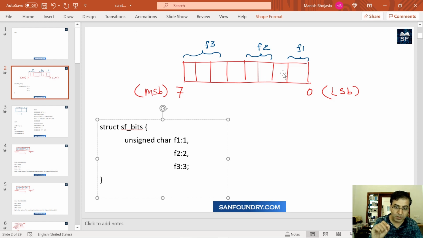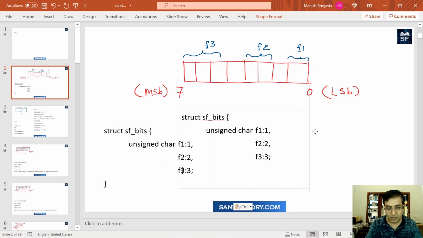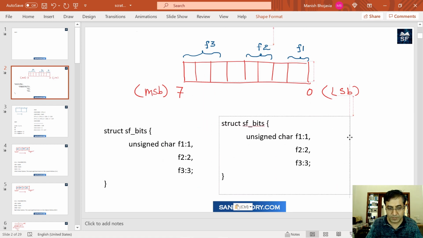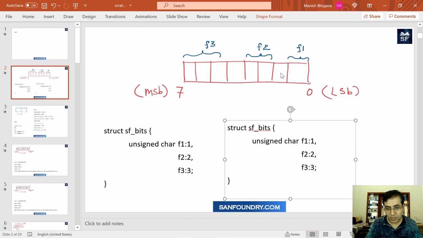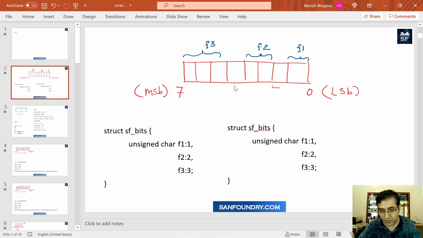So if there are holes or reserved areas or unused areas in your bit representation for that entire 1 byte, then we also have to accommodate for it. So what we should do to solve this problem is, let's take it on the right hand side. We should accommodate for these areas, even though we have done things very correctly, this area and then this area. We can give some name. The conventional thing is we call them reserved or unused.